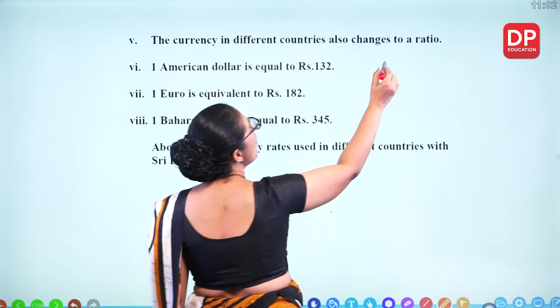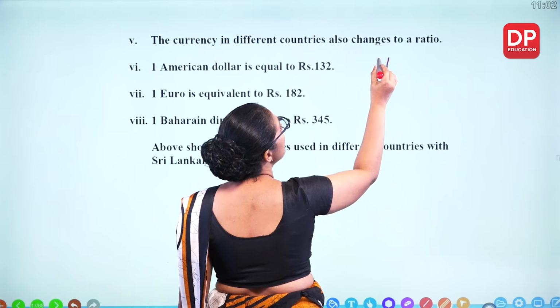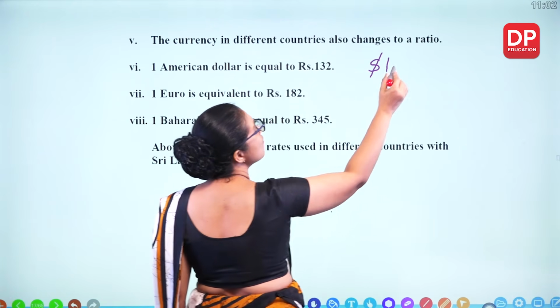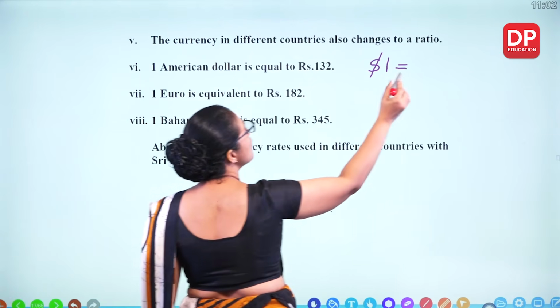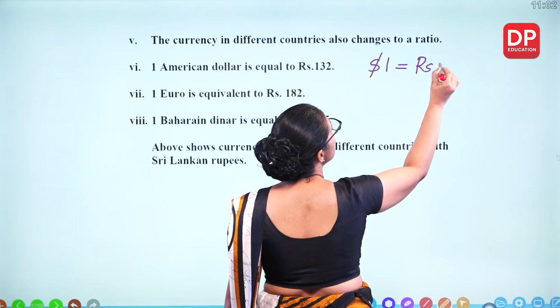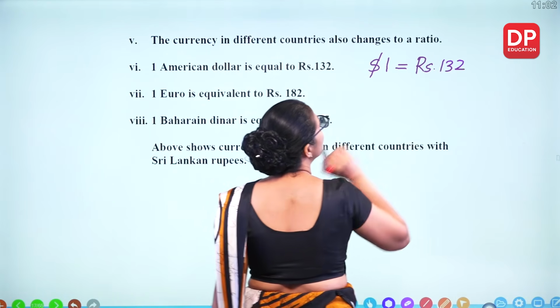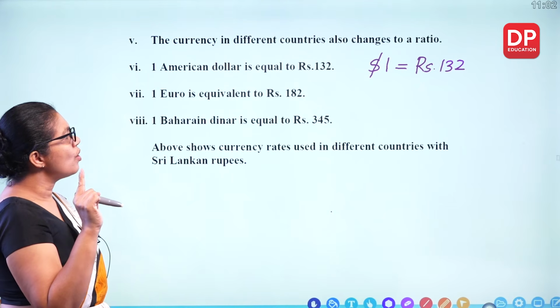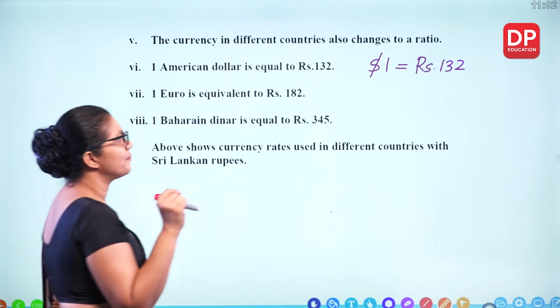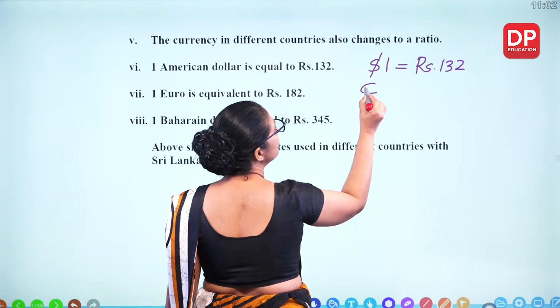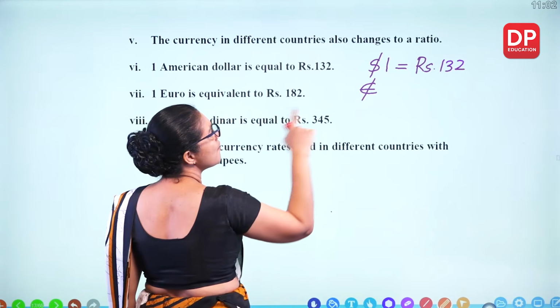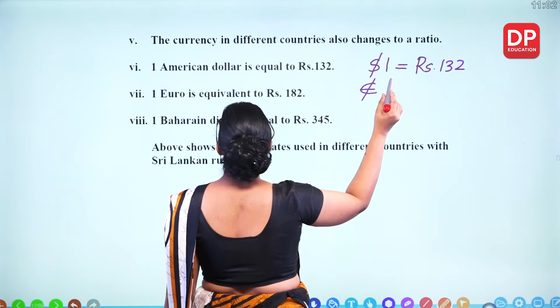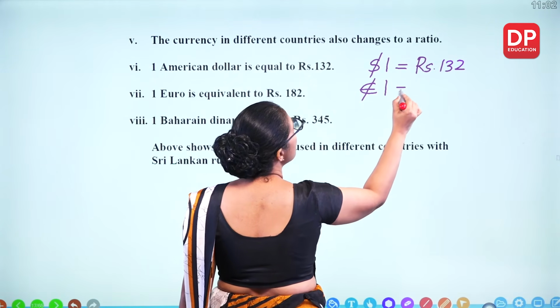You can write 1 US dollar. The symbol for US dollars is equal to 132. 1 euro is equivalent to 182 rupees. Do you know the symbol there? So something like this. Have you seen the euro symbol? 1 euro is